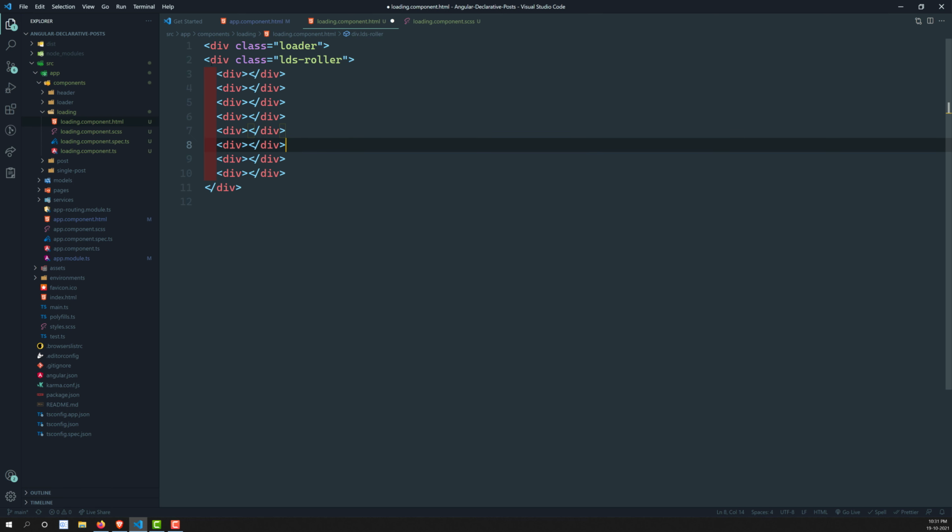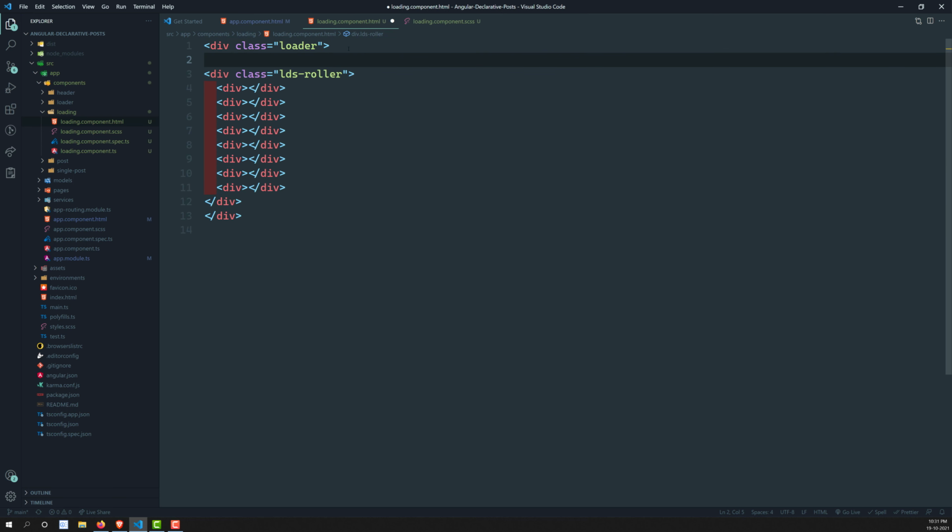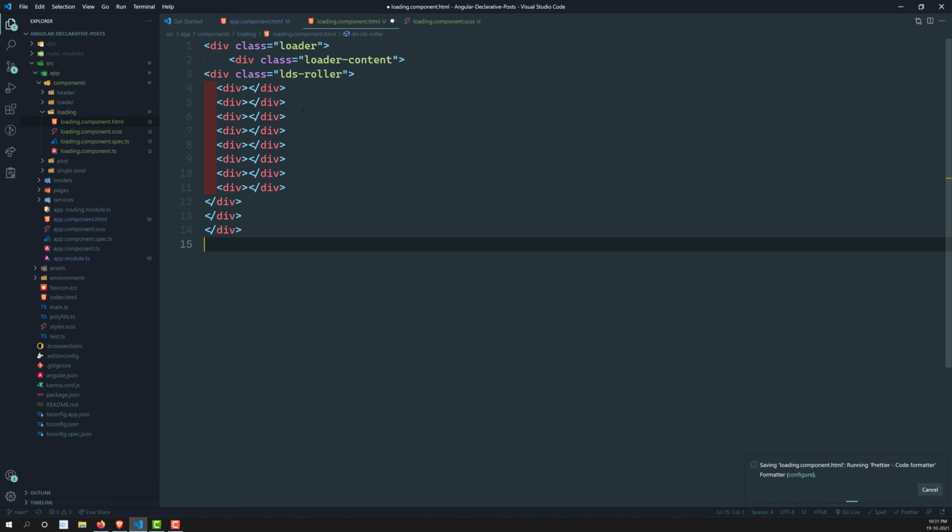This entire thing will be in one div, and inside it I will add another div with class equal to loading content, or loader content, something like that. So I am creating another loader content. Yeah, that's it. I have a parent loader, and also the loader content.